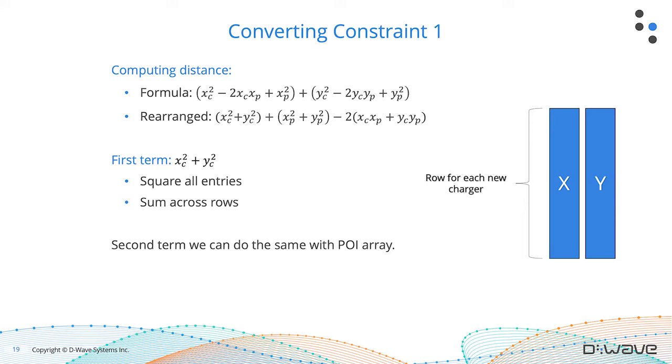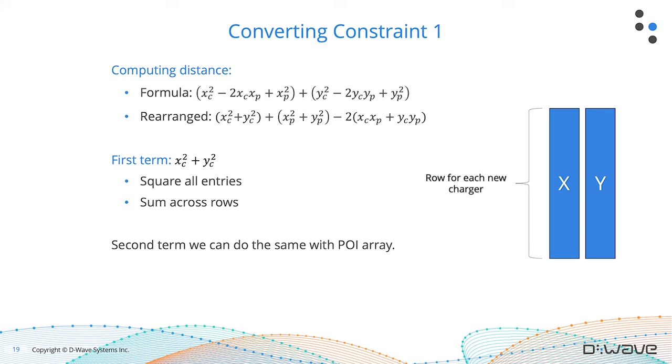So I put the X for the charger and the Y for the charger, where they're squared and on their own, in one set of parentheses. I did the same thing for the points of interest: the X and the Y, both squared, in one set of parentheses. And then these cross terms, these quadratic terms, I'm going to put in the last set of parentheses there. And they both have a coefficient of -2. So let's go through this term by term and see what we can do with these matrices that we've built up to construct these sums.